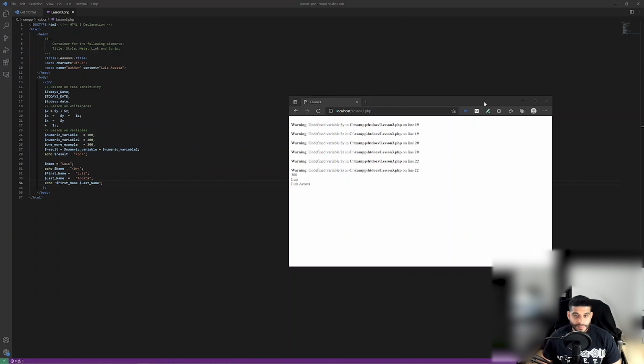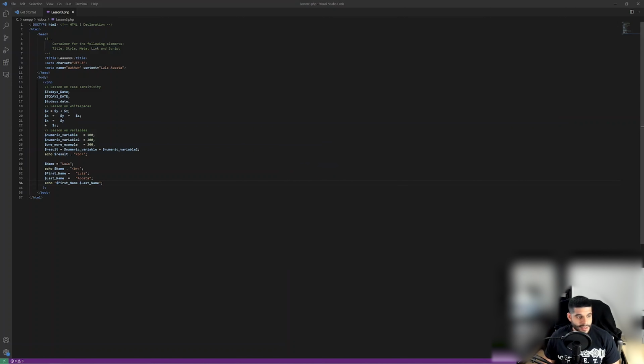Let's get this out of the way. I'm going to create a new variable, and it's going to be a numeric variable. I'm going to call it age, and I'm going to say age is equal to 45. After we created our numeric variable of age and assigned it the value of 45, I'm going to create